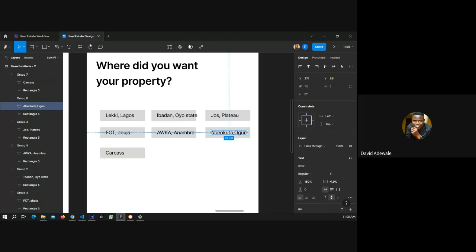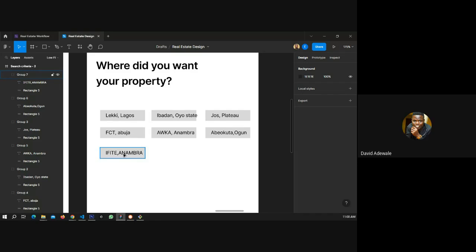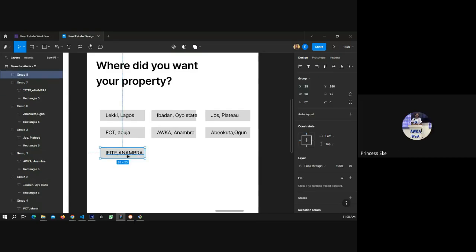Ifite, Anambra. My teeth almost removed. God save me. Thank God. Orifite. Eh? Orifite. But what I'm saying here is they're different. There's Ifite, there's Orifite.